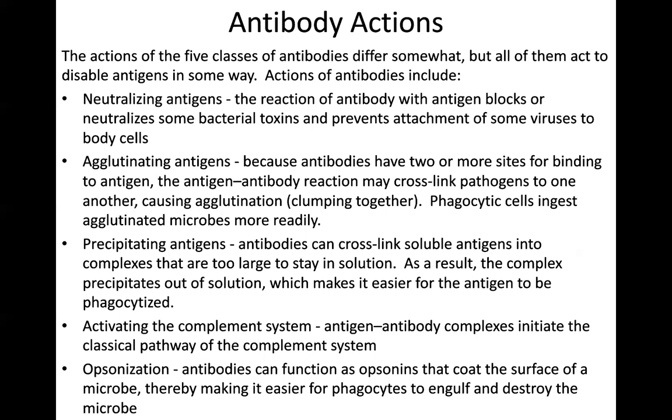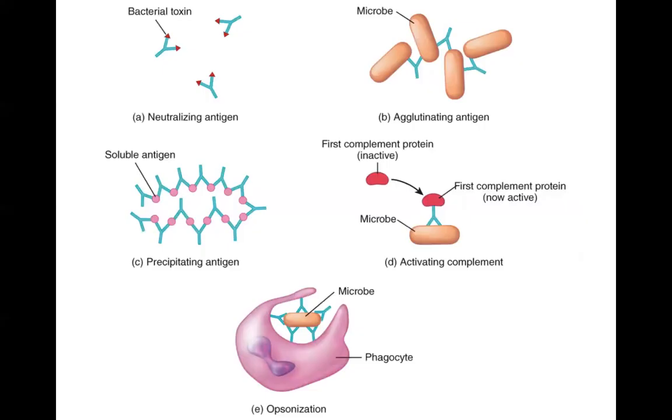which then knocks down the rest of the dominoes, and that's the kind of analogy I had for the complement system. And then opsonization is where antibodies can function as opsonins that coat the surface of the microbe, which makes it easier for phagocytes to engulf and destroy it. And that's what we show here at the bottom of the page, where the microbe has become surrounded by all those antibodies,